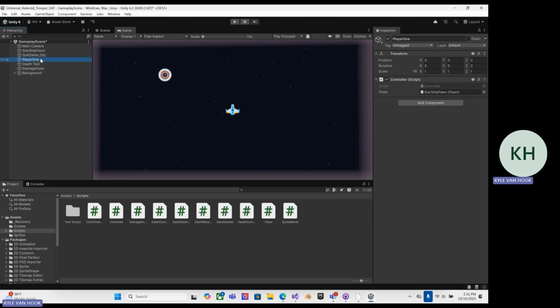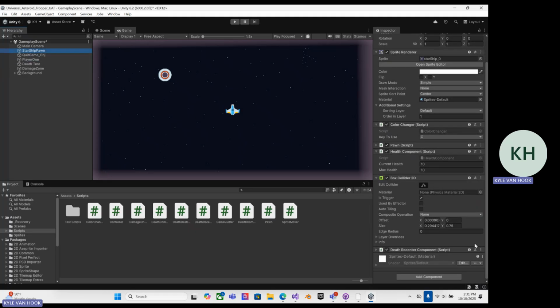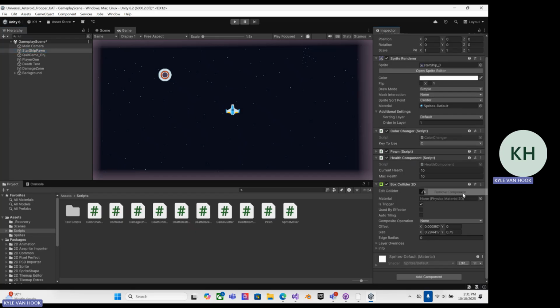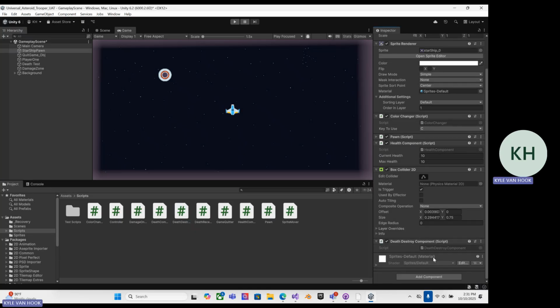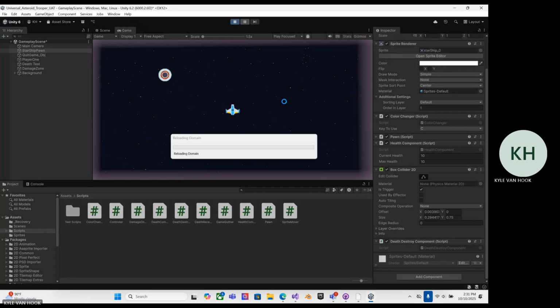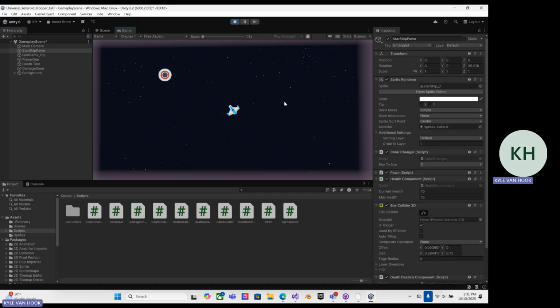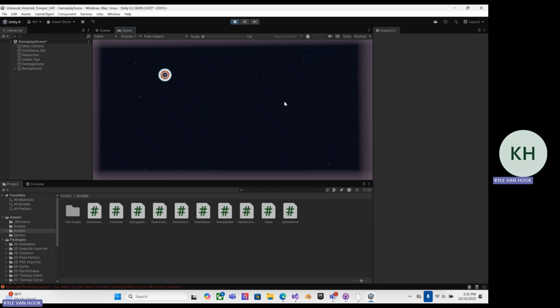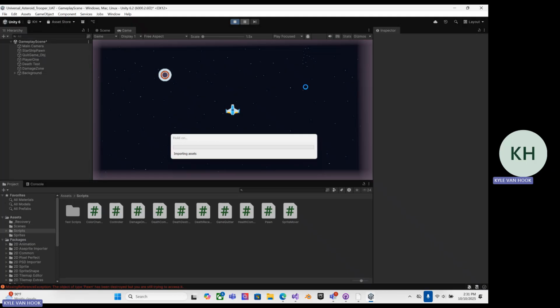Let's go to the Starship. Let's get rid of Death Recenter. Remove component. Let's add the Death Destroy just so I can show you that this works. And once we hit this, our component should be deleted out of the game. Our Starship. What the heck? Hmm. That worked, but